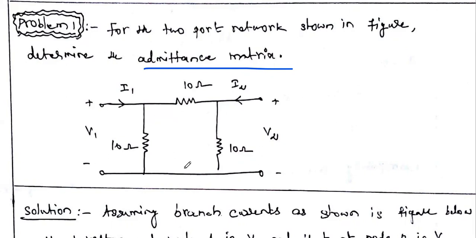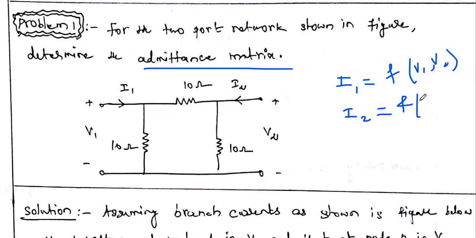In order to find the admittance parameters, similar to the Z parameter problem, we have to write two equations. Here we have to write the I1 equation and I2 equation in terms of V1 and V2. That is, I1 as a function of the variables V1 and V2, and similarly I2 can be written as a function of V1 and V2. To write the input current and output current, we have to write the KCL equation for each node. If we rearrange, we can get the two equations in this structure.